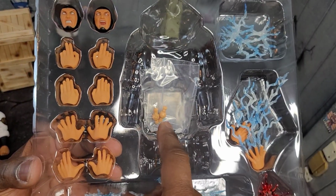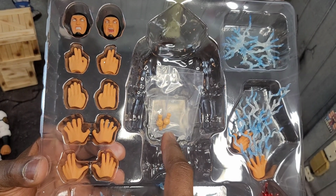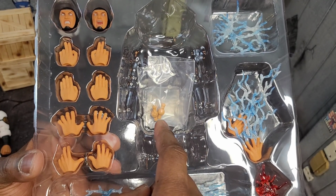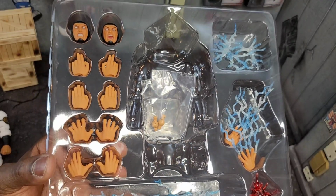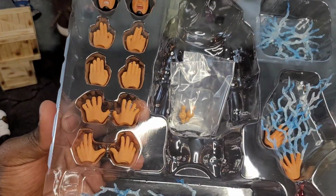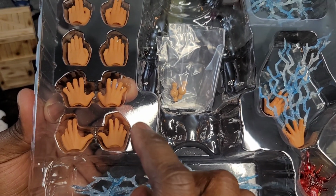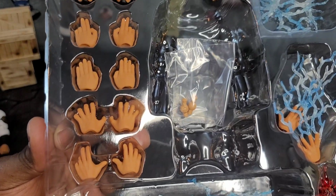Amazing. This is amazing. They gave you extra pegs for his wrists, or actually no, those are for his wrists in case you break them. This is amazing. People, other companies need to learn. Unfortunately, the Storm Collectibles Mortal Kombat figures don't come with stands like the Street Fighter ones do. So no stand for Raiden, but we have 1, 2, 3, 4, 5 sets of hands with